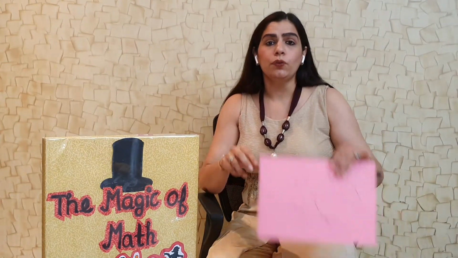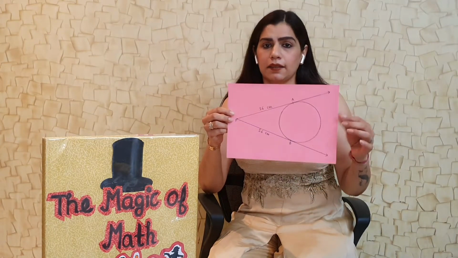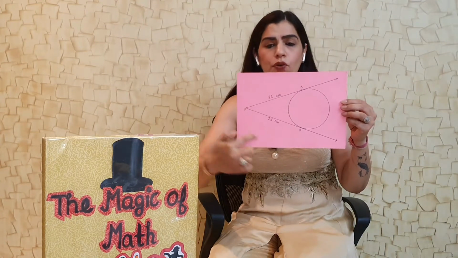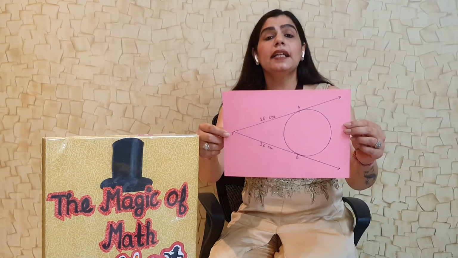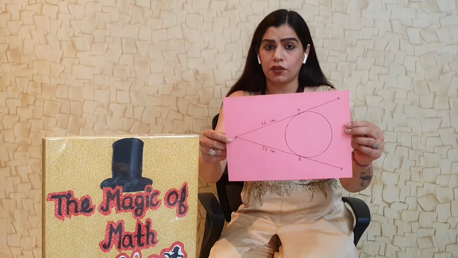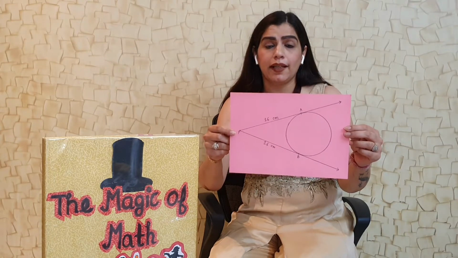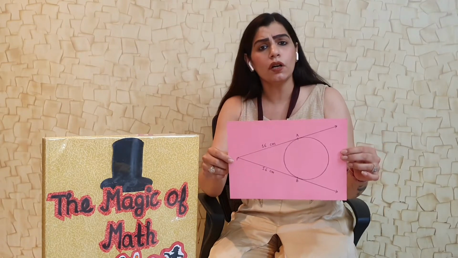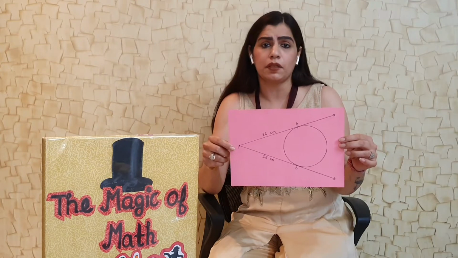This I have shown you with the help of a diagram on a sheet of paper. This is the circle and this is the external point P. Two tangents are drawn to the circle, PA and PB, and in this case the lengths of the tangents drawn to the circle are 16 centimeter each. But I cannot change the length of the tangents. In this case, my tangent's length is fixed. Another child will draw, maybe in his case the lengths are 15 centimeter or 14 centimeter.